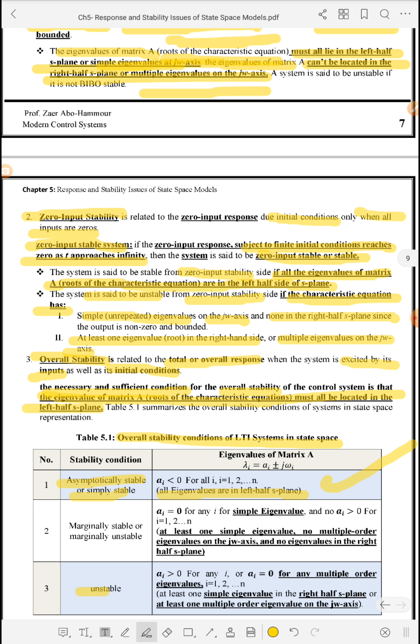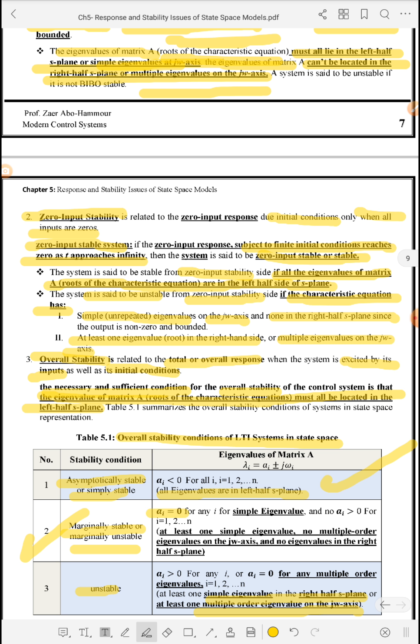And the system will be unstable if there is at least one root on the right hand side or multiple roots on the j omega axis. Okay, one eigenvalue, what I mean. And regarding the difference between BIBO stability and the zero input stability, we have generated this new stability condition, which